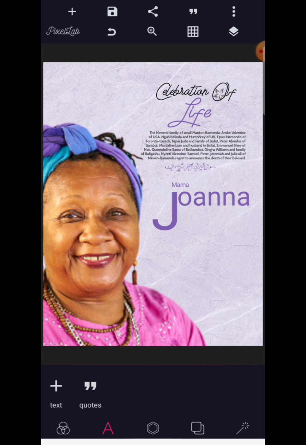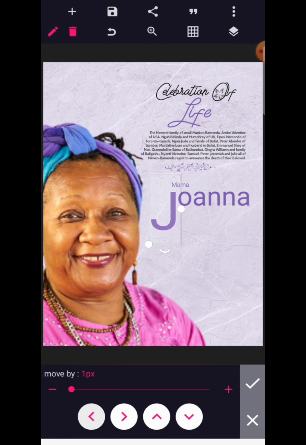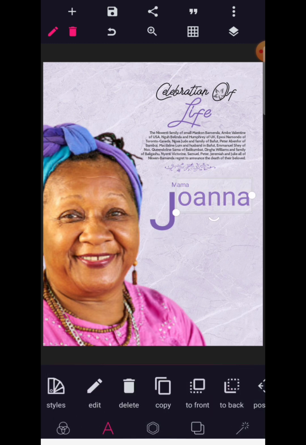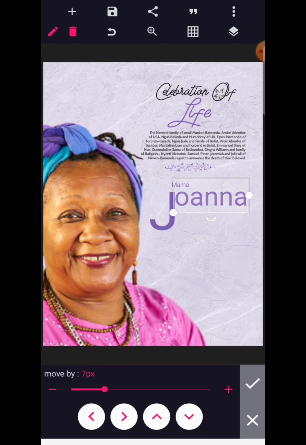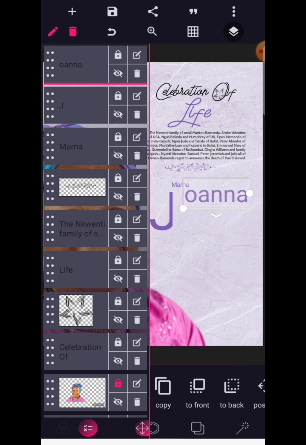And just position it here. So I think it's too much to the margin, so we can push this inwards a bit. Then you also use position to adjust all of this. Good. Now we can bring in